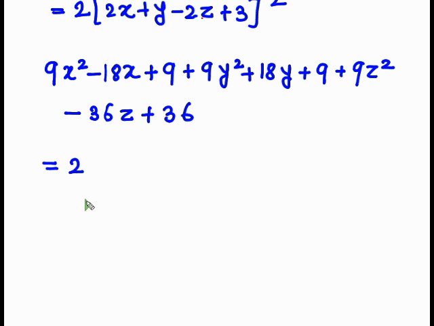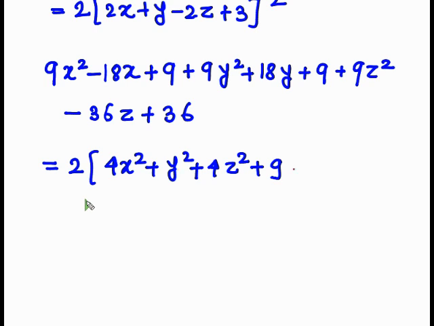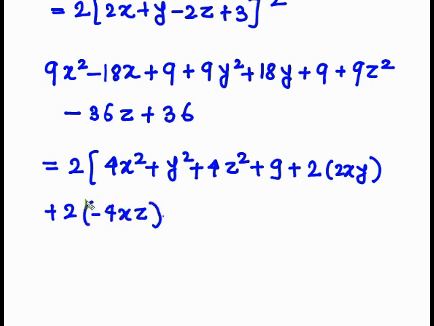Now (a plus b plus c plus d) square is a square, that is 4x square. Second term square is y square. Third term square is 4z square. And the fourth term square is 9. So what we get: a square plus b square plus c square plus d square plus 2 times a into b, so we get 2xy, plus 2 times a into c, so we get minus 4xz,